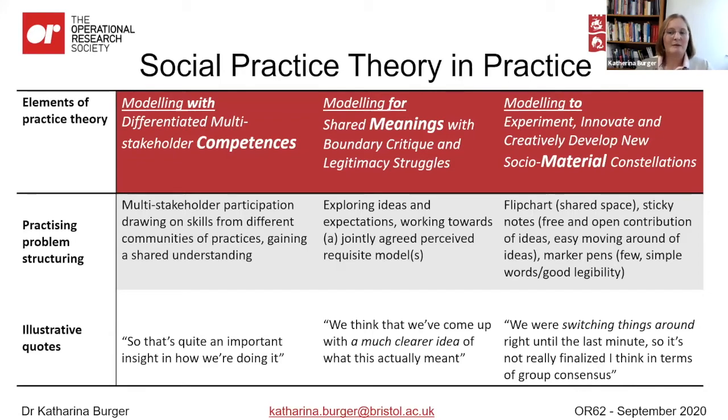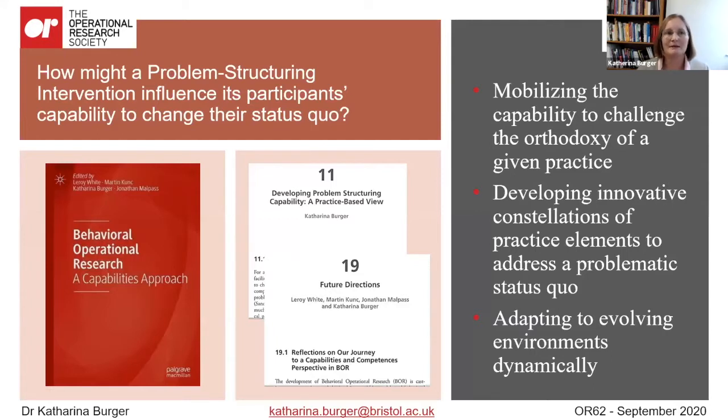So with this lens of social practice theory, it is possible to see how these very well-known processes that occur within a problem structuring intervention come together in order to help participants to develop these future-oriented constellations, which we hope gain some traction when they take them further beyond the workshop. So to sum up, how might problem structuring intervention influence the participants' capability to change their status quo? Through these three different perspectives, material, meaning, and social, which cannot be separated but are intertwined in practice,